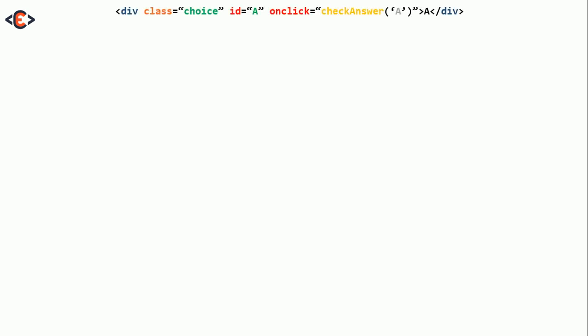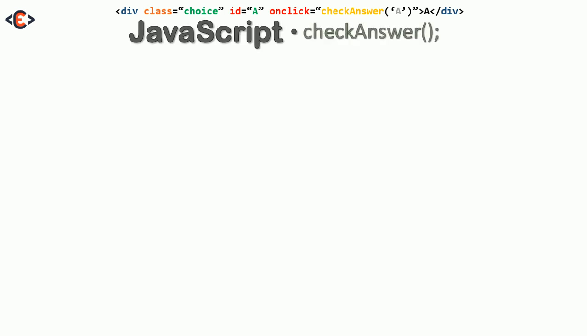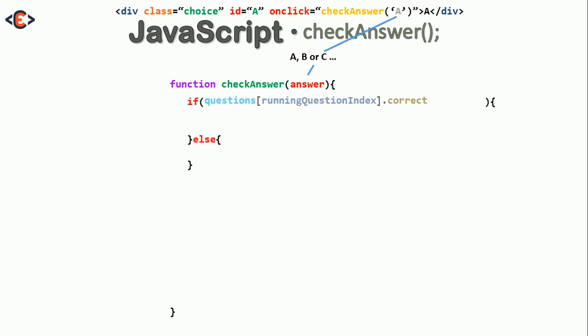You have seen the div element for our choices. They all have an onClick event, which fires up a checkAnswer function. Let's now talk about the checkAnswer function. Our checkAnswer function gets as argument answer, which may be A, B, or C, based on the button clicked by the user. Inside our checkAnswer, we will check if the question with index runningQuestionIndex, that's how we know the correct answer of a question,